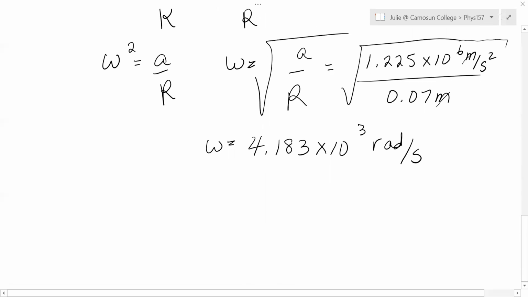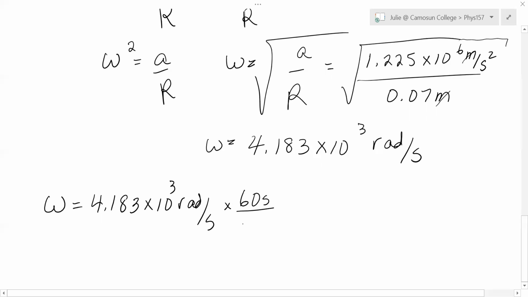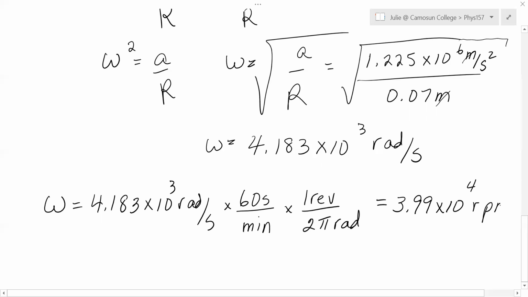Now, if we want RPM, how do we go from rads per second to RPM? Let's write this down again. Rads per second. Okay, we need minutes. So we've got 60 seconds per 1 minute. And then we have 1 revolution is 2 pi rads. And so when you multiply all that out, you get 3.99 times 10 to the 4 RPM, which is a